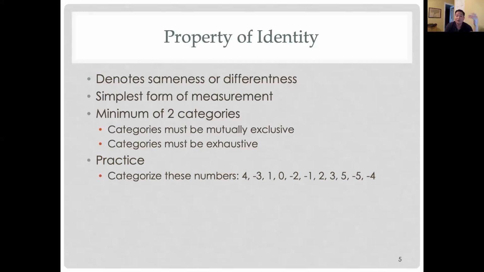So in this example, we could categorize these numbers, right? 4, -3, 1, 0, -2. I'm not going to read them all. Now these are numbers. They are their own numbers, but you could categorize them. And you could categorize them in this case as, actually you can't. 0 shouldn't be in there. I was going to say you should categorize them as positive or negative, but this is actually a bad example because 0 is in there. And if you say just positive or negative, it's not exhaustive because there is a possibility. So you want to be careful about things like that.